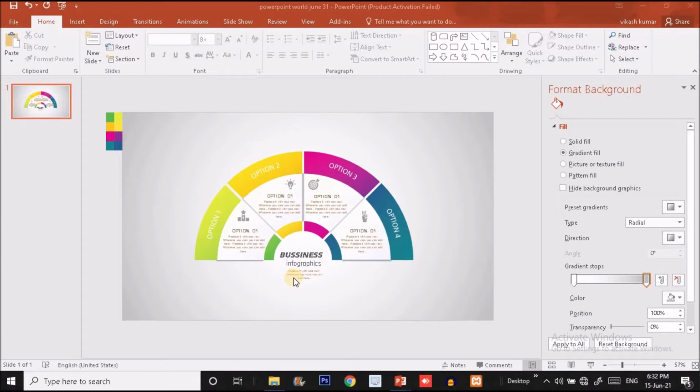And we also have the 4 segments, and each segment is divided into 3 parts. As you can see here, the bottom part is filled with a darker green color, and the upper part is with a lighter gradient color, guys. So without wasting any further time, guys, let's get started.